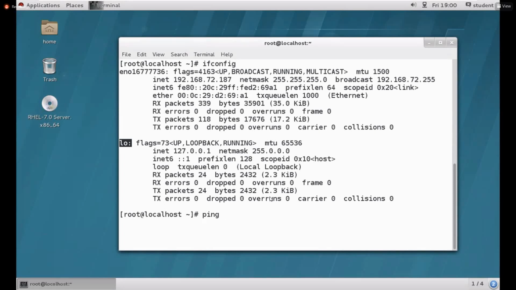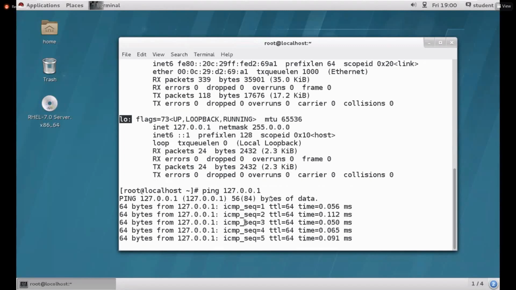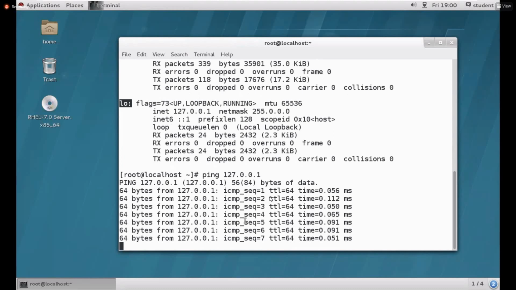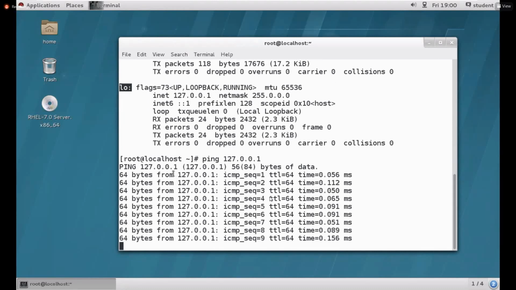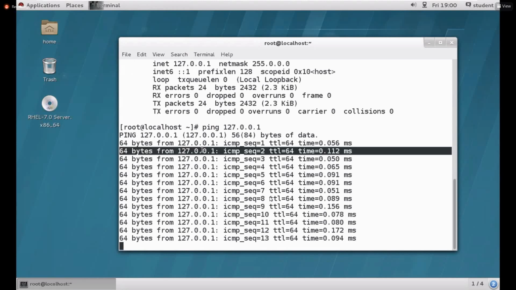Ping is a command. Ping 127.0.0.1. Sorry. See guys, if you're getting the reply like this, that means your NIC card is working properly. You are able to send the data, you are able to receive the data. So see here, 64 bytes we are receiving from this IP address